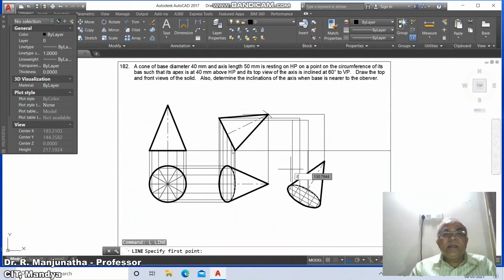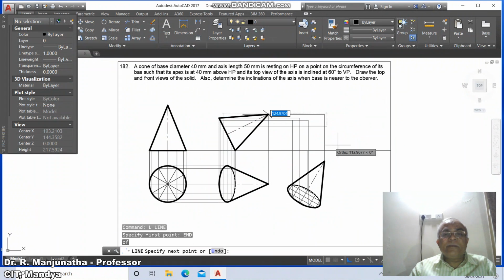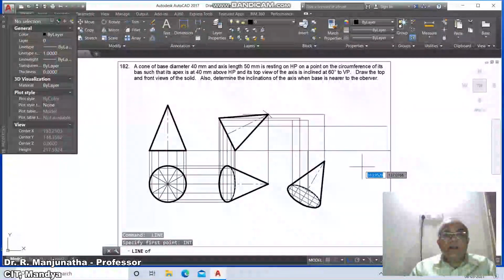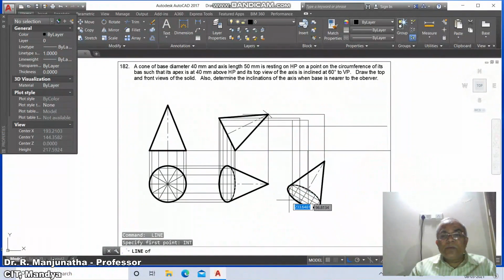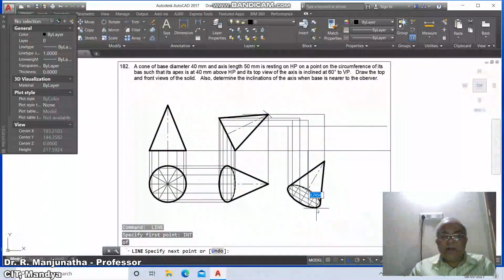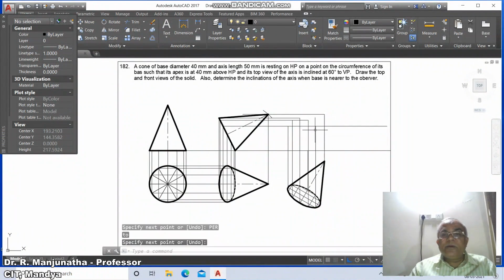Similarly line, endpoint of this, then go to line, int of this and perpendicular to this, then go to line, int of this and take perpendicular to this, then go to fillet